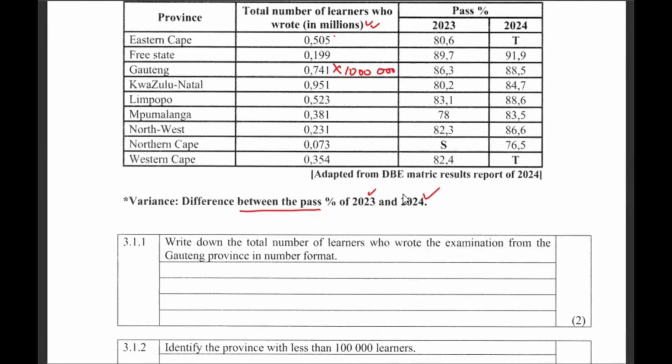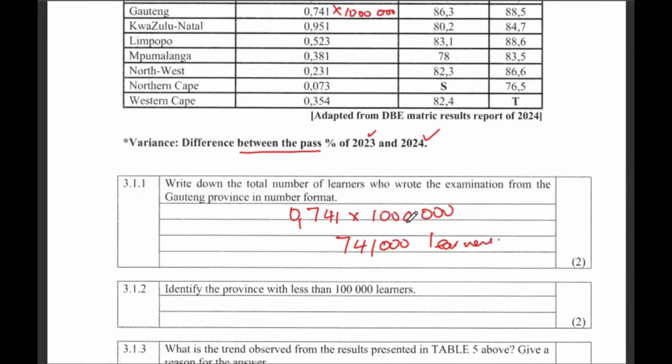So we're going to say that 0.741 multiplied by 1 million. Okay, so 0.741, say 741 times a million. That gives me 741,000 learners. Okay, so that brings me to the end of 3.1.1. Then 3.1.2, identify the province with less than